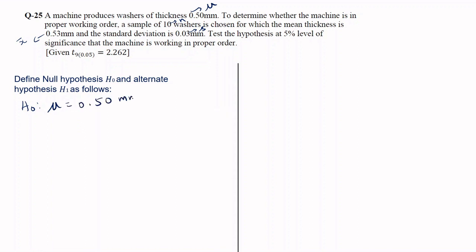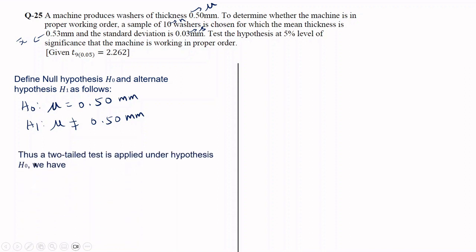0.50 millimeter. The alternate hypothesis H1 is, it does not produce washers of thickness 0.5 millimeter. So it is mu not equal to 0.5 millimeter. Since we have the alternate hypothesis as mu not equal to 0.5 millimeter, this is a two-tailed test. So here a two-tailed test is applied under hypothesis H0 and we have T equal to x bar minus mu